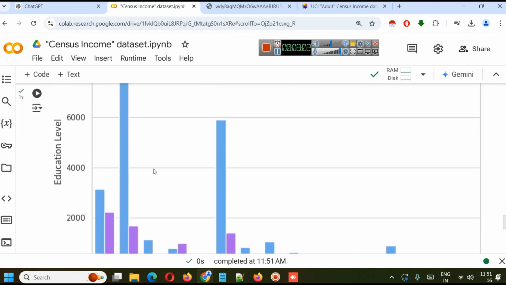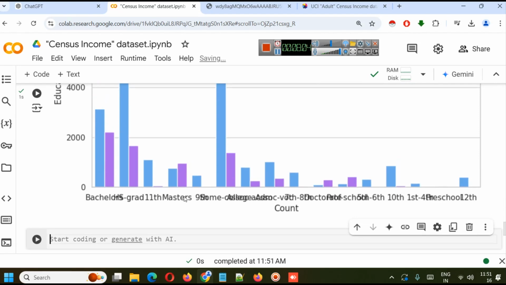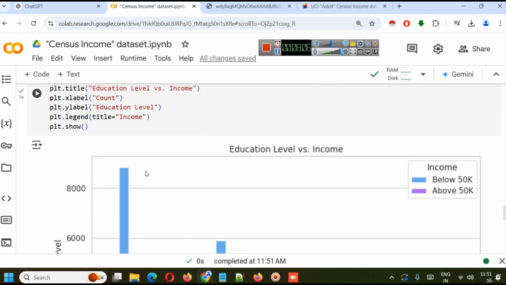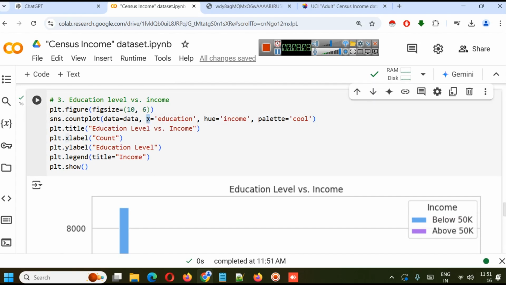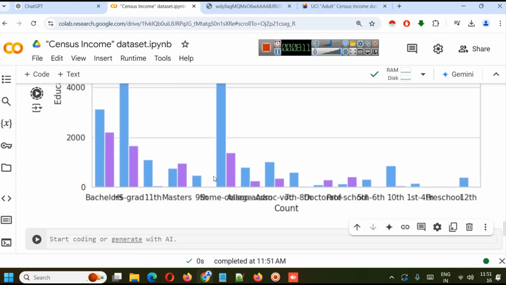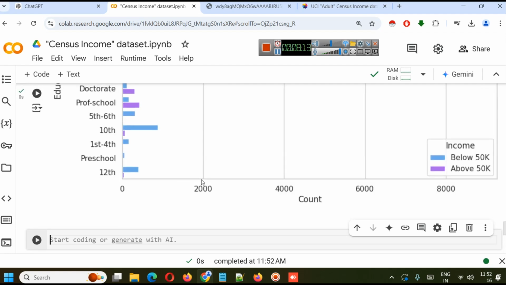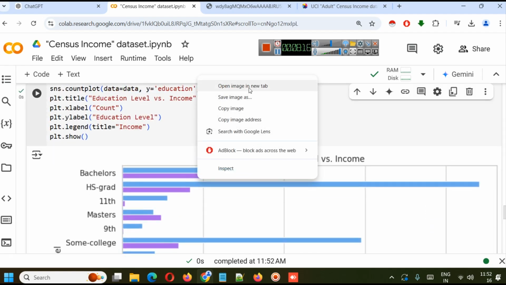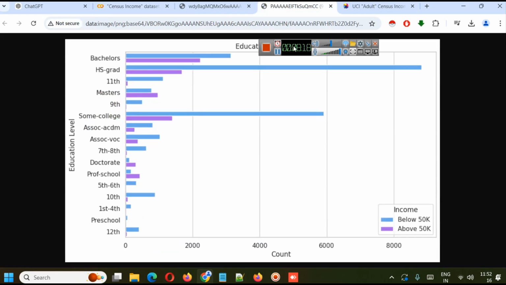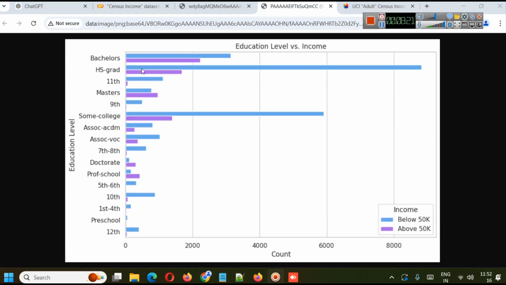If you use x, you will see it like this. You can see the labels will be hardly visible here. That's why we are using y, which will create a horizontal bar chart for us. And when we open the image in a new tab to visualize it properly, you can see we have bachelors. In bachelors, above 50k is around, we can say, 3,500 or 3,600 something, and below 50k is that, and